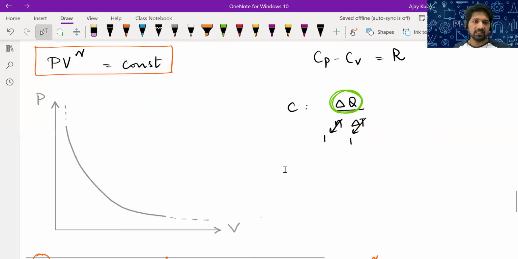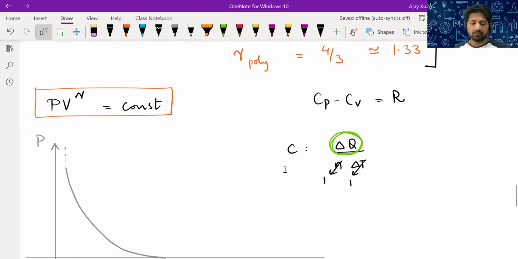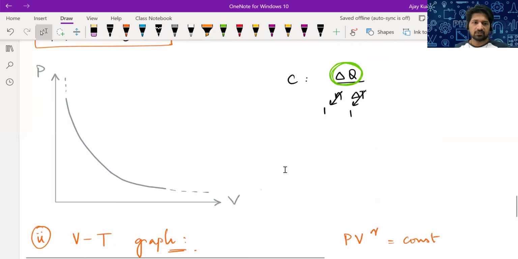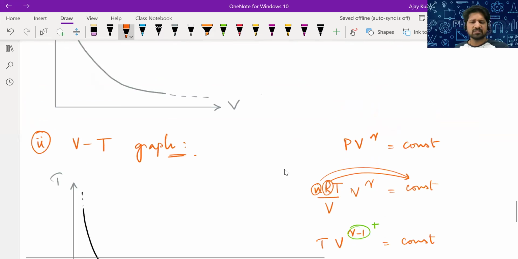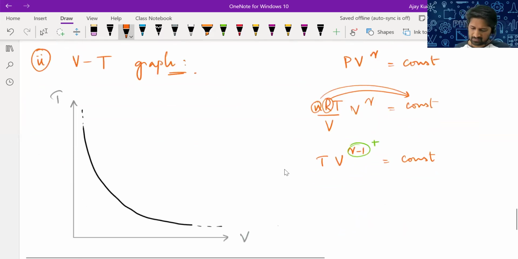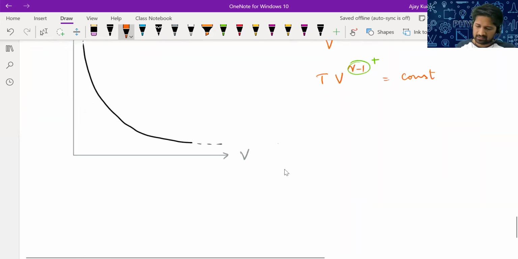Because for one graph, the equation is PV power gamma is constant. For the other graph, the equation is TV power gamma minus 1 is constant. Okay, slightly different equation. So there will be a slightly different graph. Okay. Next,